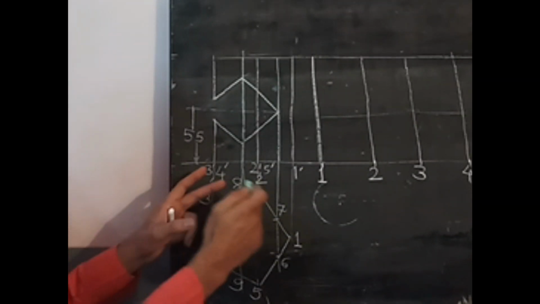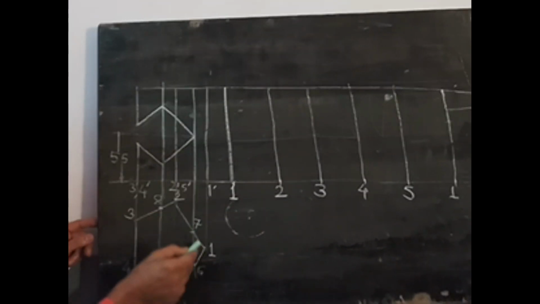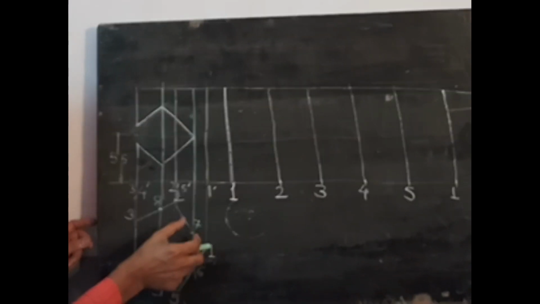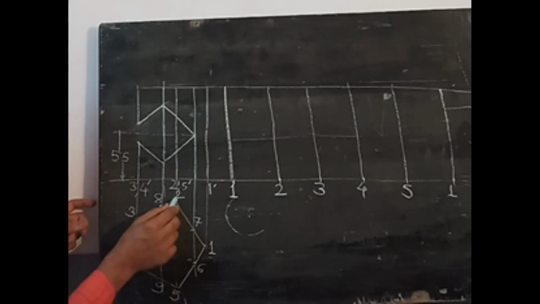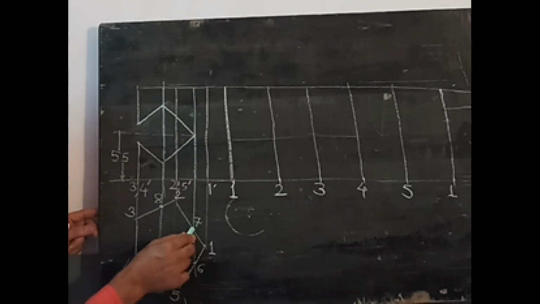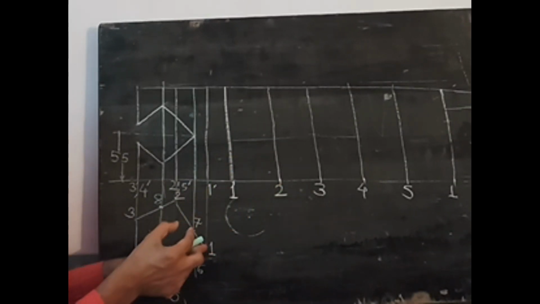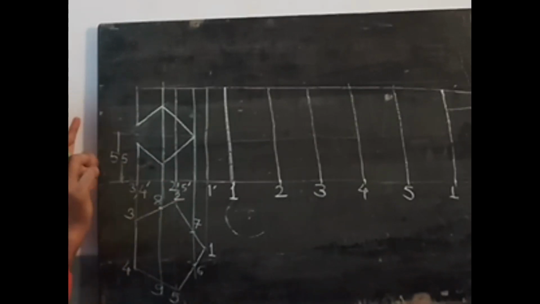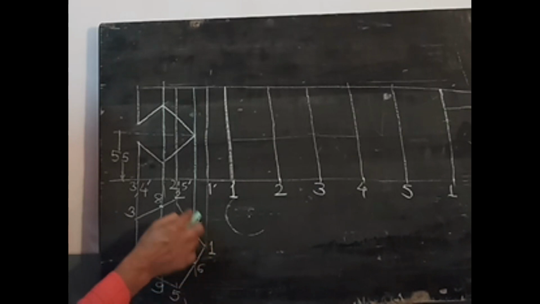Now we have to first obtain all these extra edges on the development. Here we see this distance in top view indicates true distance because the base of the prism is lying on HP. That's why 1 to 2 or even 1 to 7 is indicating true distance. That's why we can take distance 1, 7 in compass and mark edge 7 on the development from 1 towards 2. I again repeat, take distance 1, 7 in compass and mark from 1 towards 2.